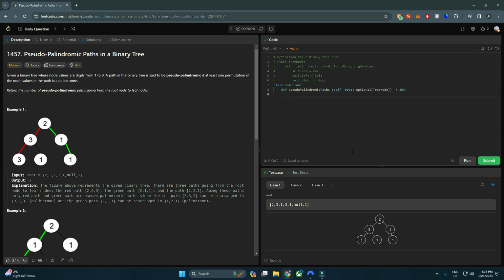So for returning the number of pseudo-palindromic paths, we will keep track of that value in our count variable. Okay, so this is count, and we will be returning count because that's the output. Now we will need to traverse this tree, so we'll be using pre-order traversal, and we will have root in it, and then the path would be 0. Why am I taking path as 0? Because